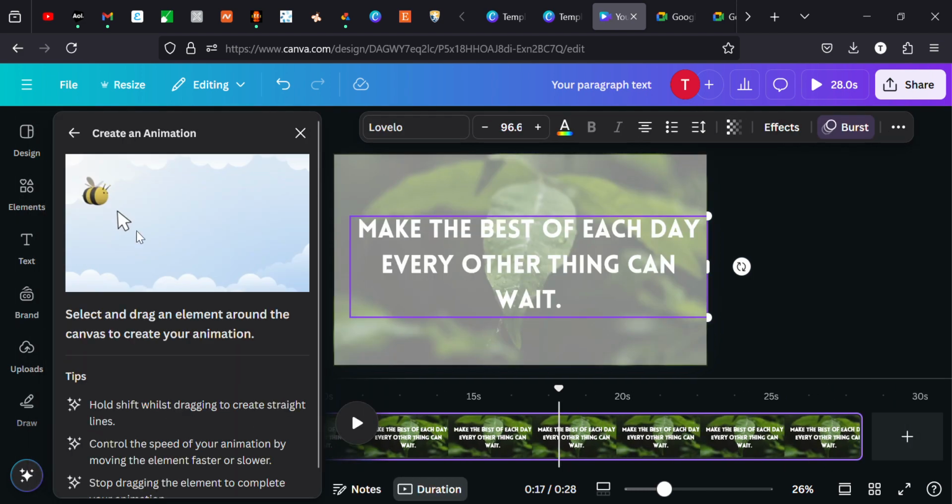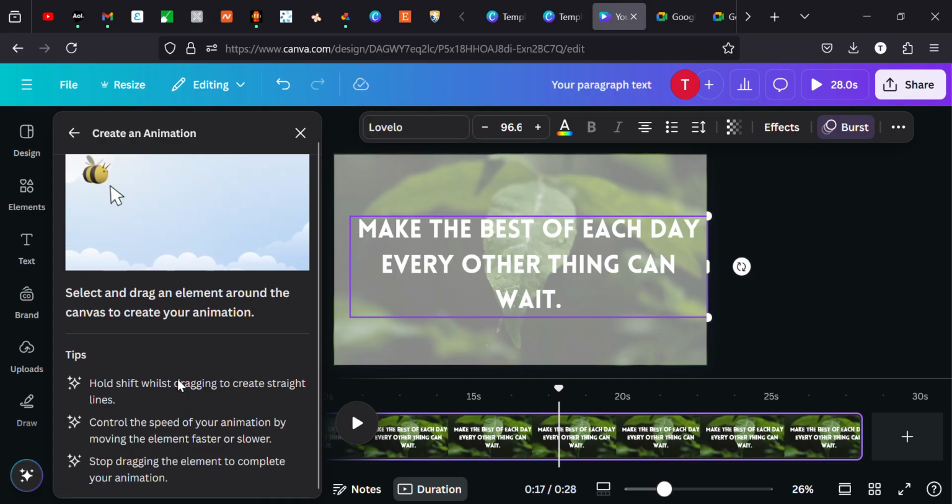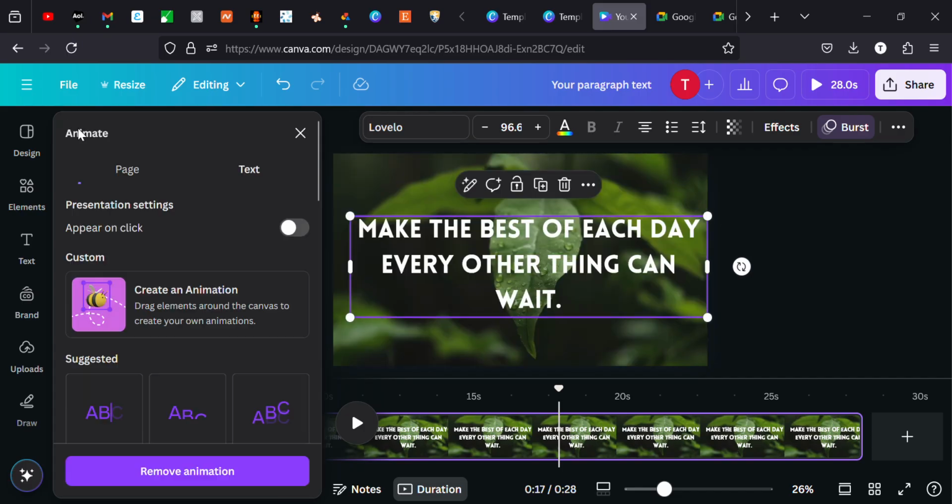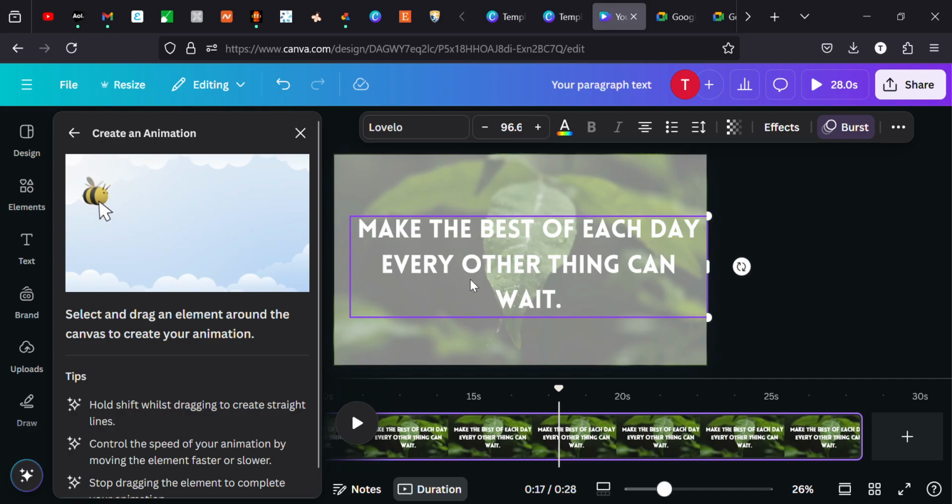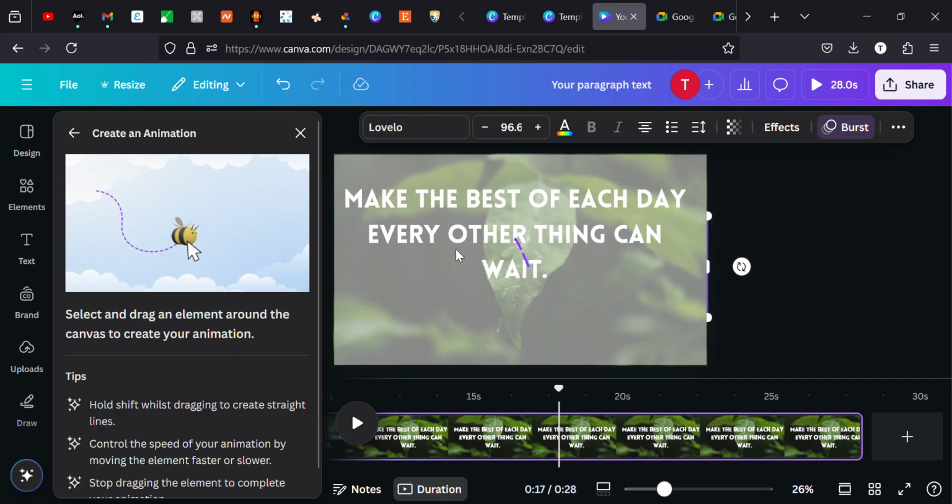Where's our little B? So you click on the B, and then you drag it, and then do it however you want it, and that is how your animation will come up. So when you click on the B and then move it however you want it to move,